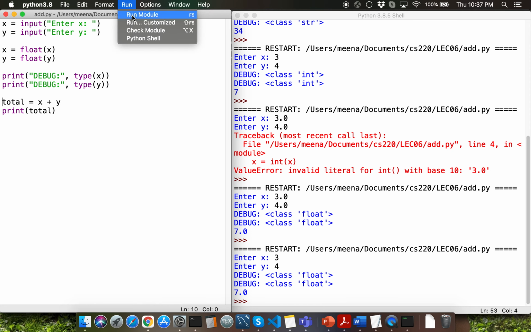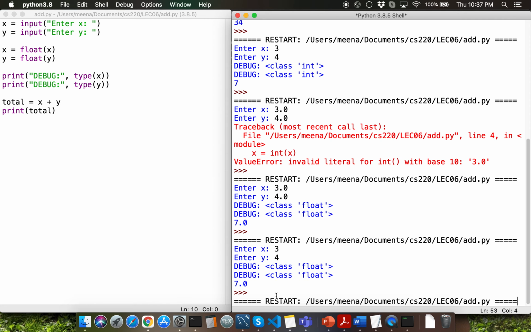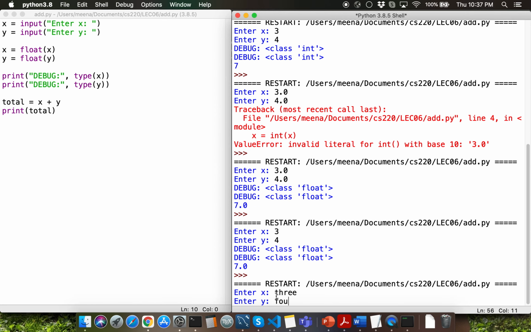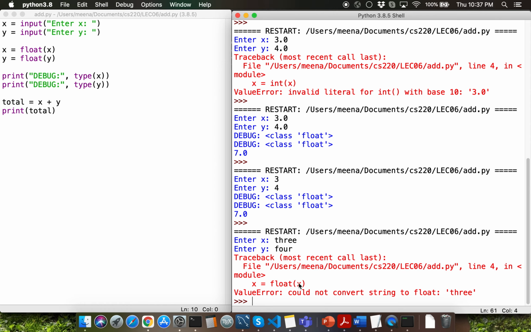What if I try strings as input instead? I'm going to type in THREE and FOUR. Python will be unhappy if I pass string as the input. That's because it doesn't make any sense for you to convert string into floating type. You can imagine creating different versions of this program for all possible operators. Feel free to use that as practice to complete on your own time.